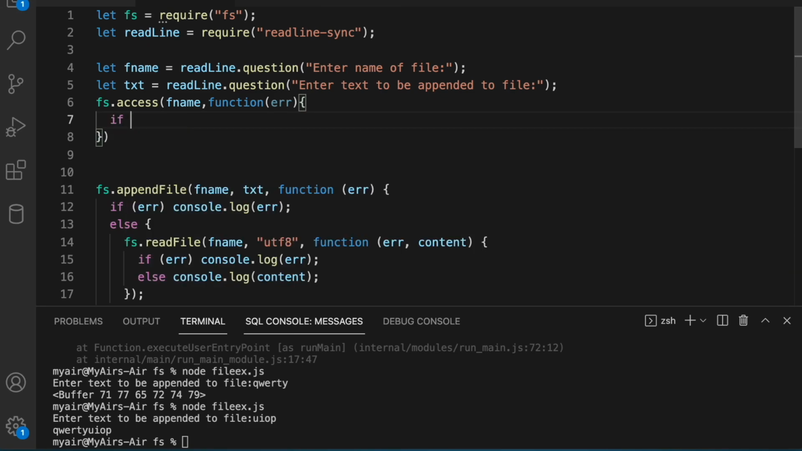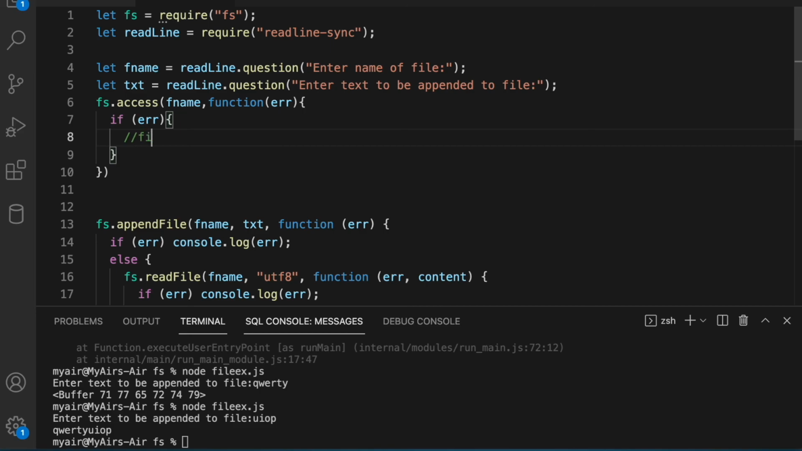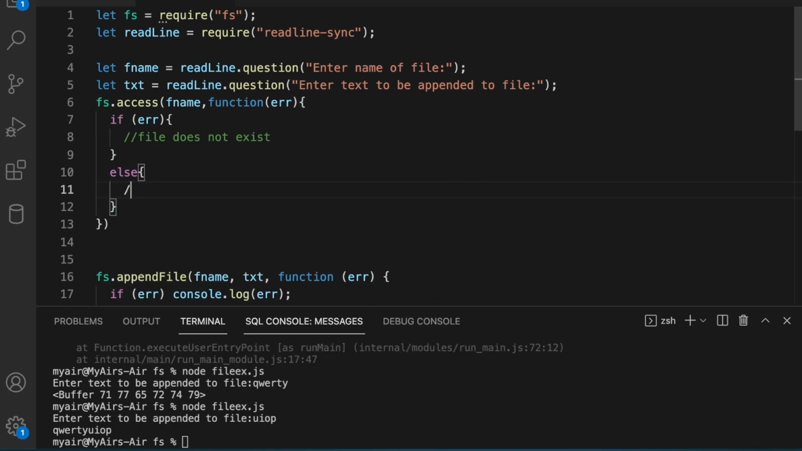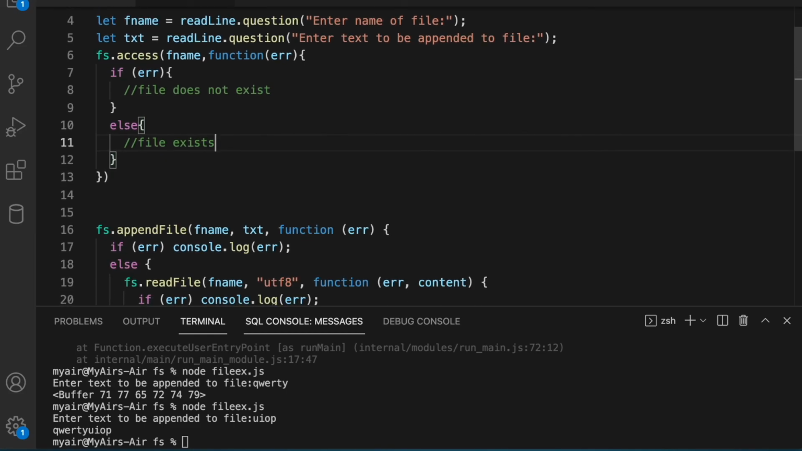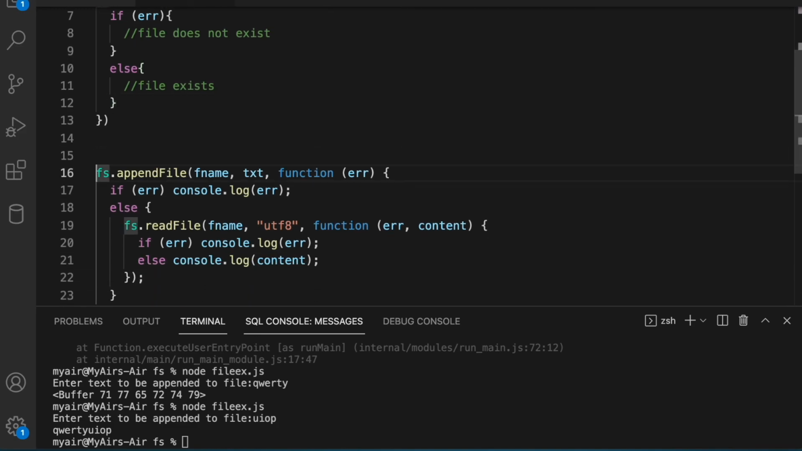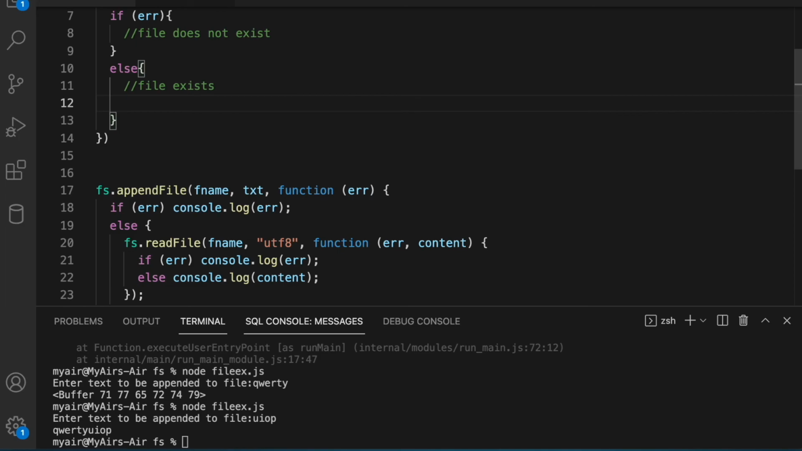Now if error is truthy, what does it mean? File does not exist. Else, what does it mean? File exists. This is what it means. So let's maybe do the second case first. If the file exists, what do we need to do? We need to first read the content. So